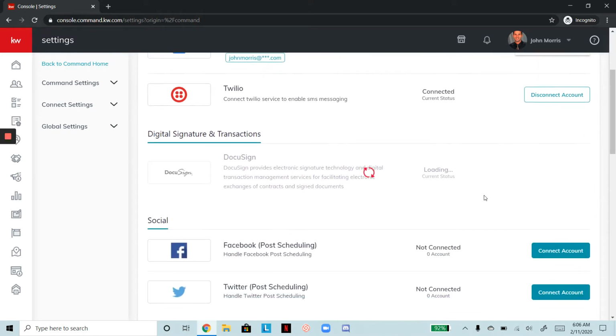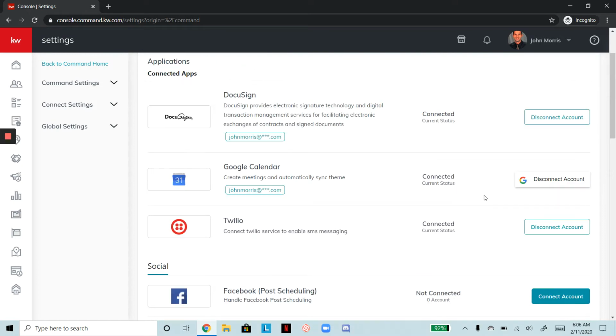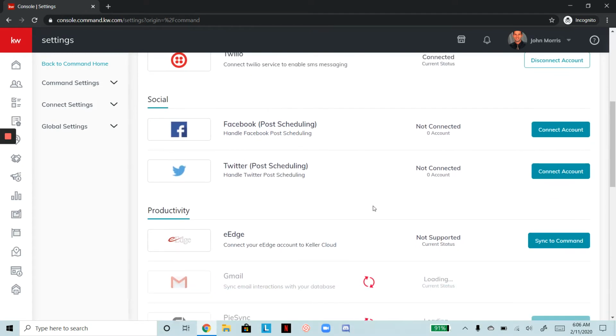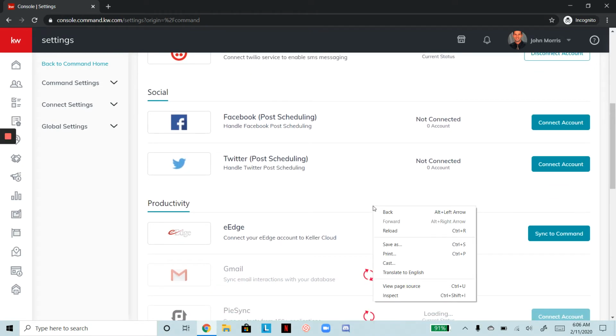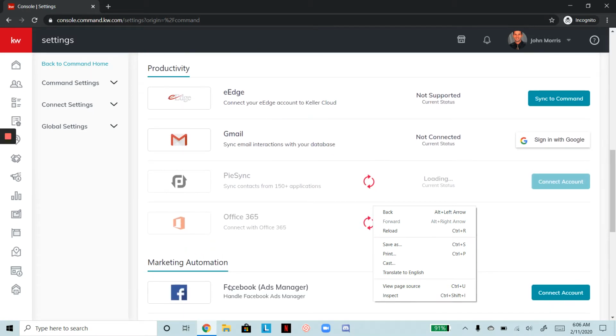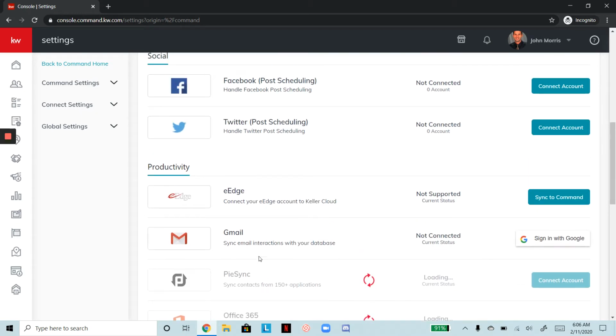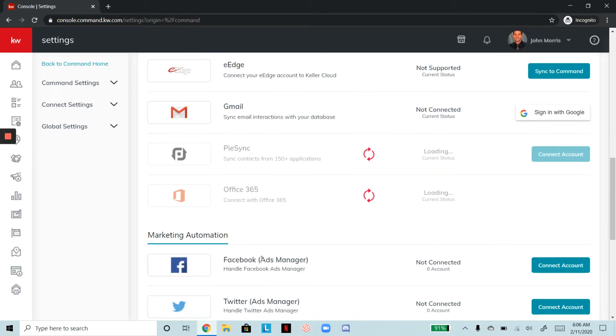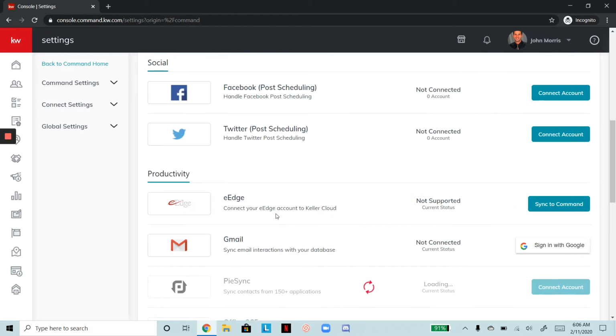So we're going to scroll down to find Facebook. And there's actually two. We're going to want to sync both of those up. So there's Ads Manager down here, and then up top, you can see post scheduling. The difference is one is to manage our ad account, and the other one is to help us with scheduling social media posts. So I'm going to connect to this one up top first,